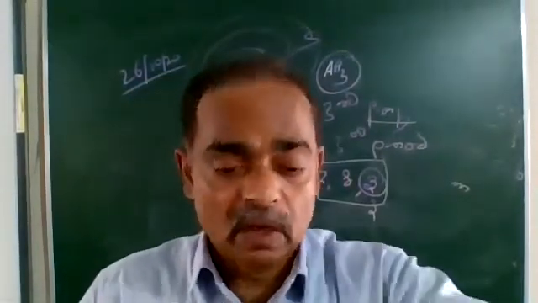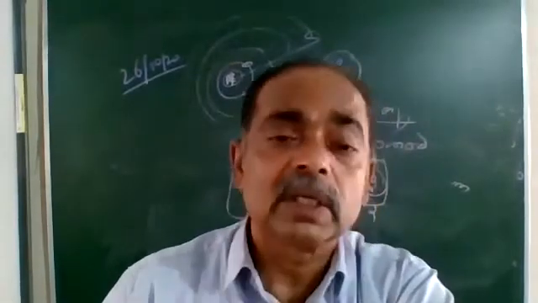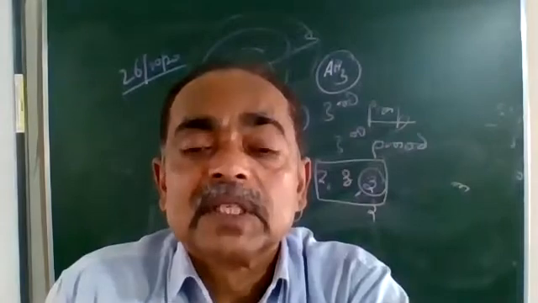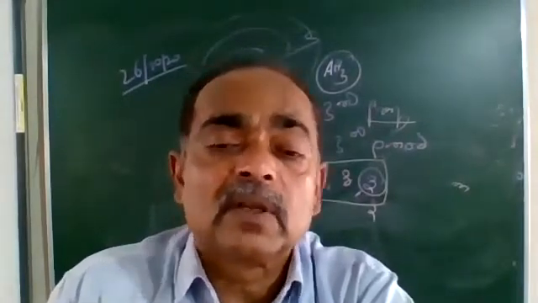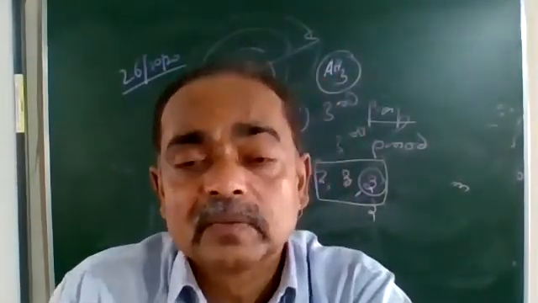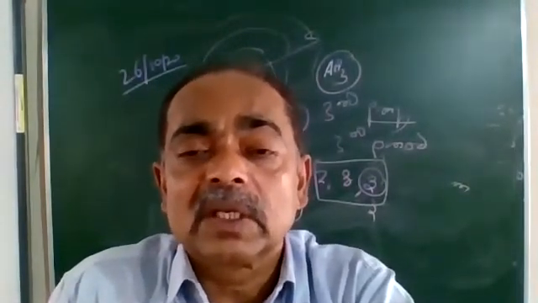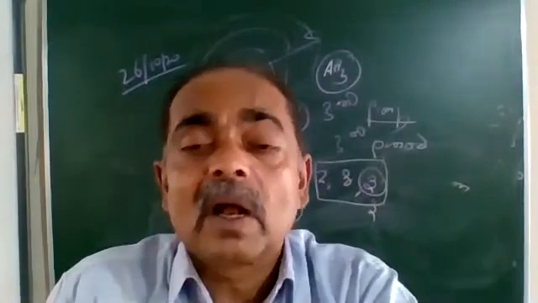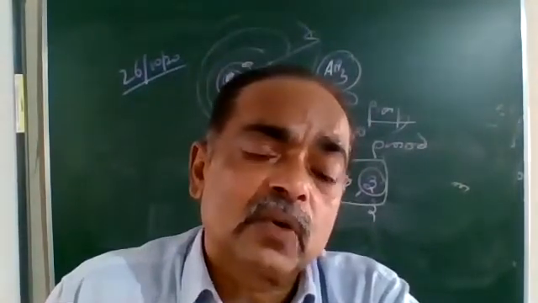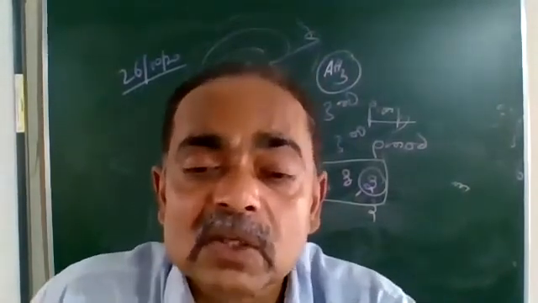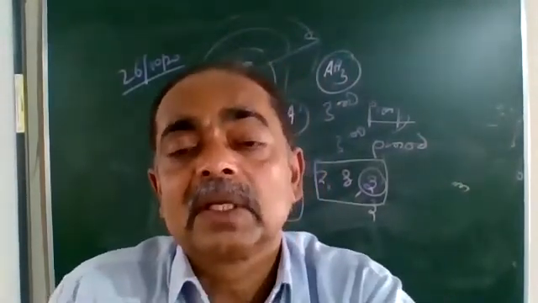Understood it? Now, taking what I told you during carbon and its compounds, silicon is a metalloid. Silicon belongs to the 14th group. Carbon is in the 14th, silicon is also in the 14th group. 2, 8, 4. It needs 4 electrons to complete the octet, or it has to lose 4. Carbon we have studied, it shares 4 electrons, catenation, very large number of compounds. And silicon does not show the property of catenation. Reason is,